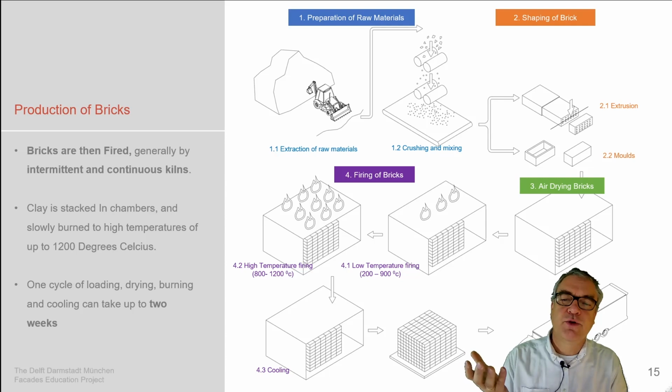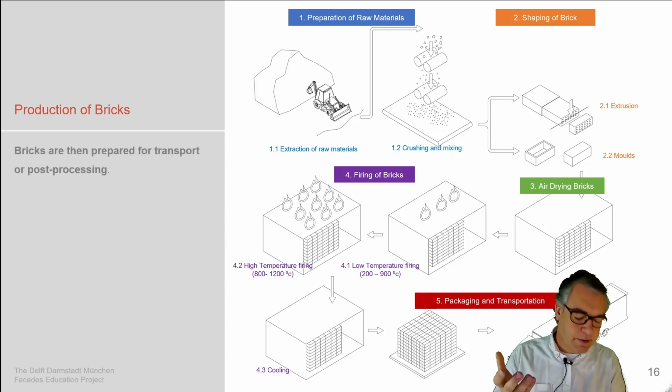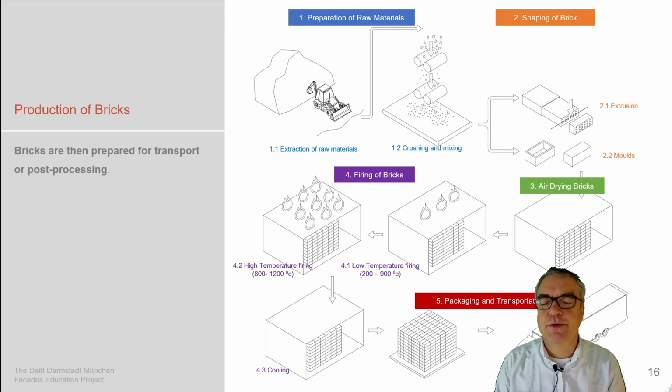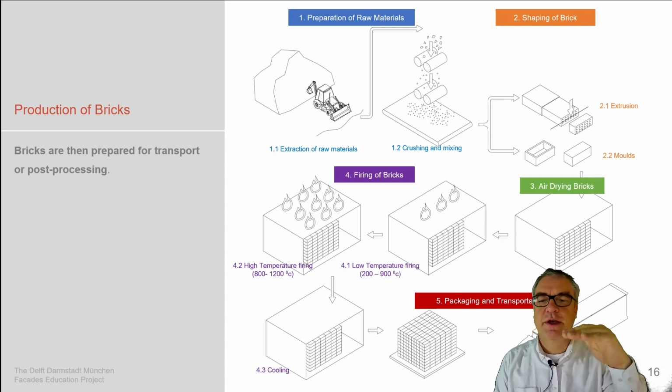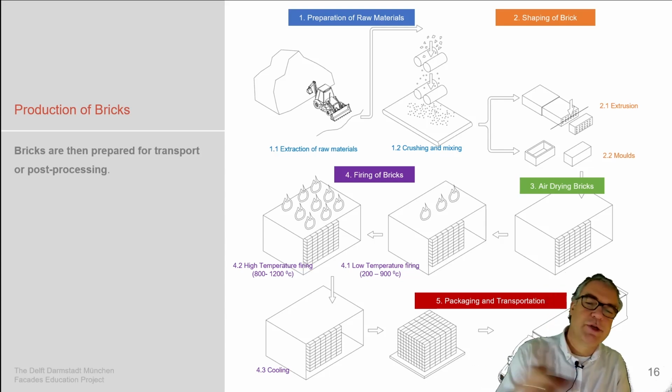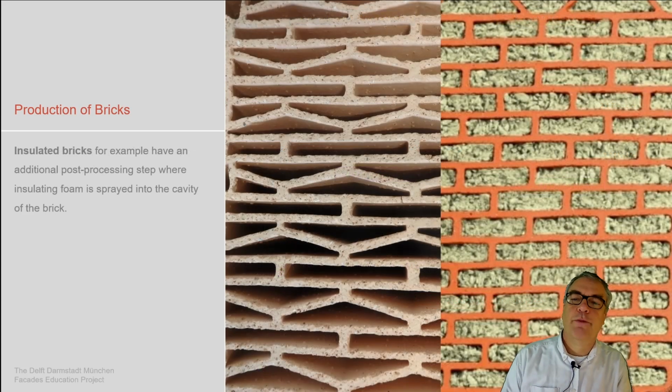And then this whole thing needs to cool as another process. And after this cooling process, in some of these manufacturing processes, they even mill the surface to secure that this is really flush and that the tolerances are limited for the material. Then packaging and transport, which is obvious as such.